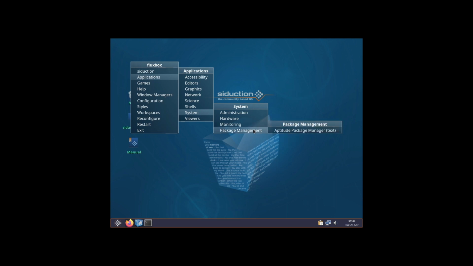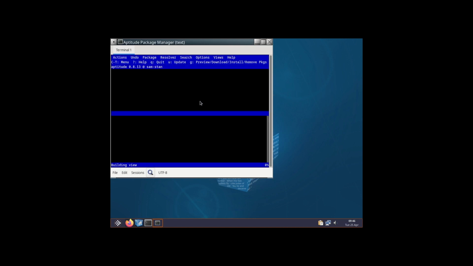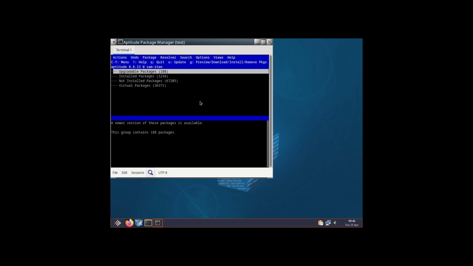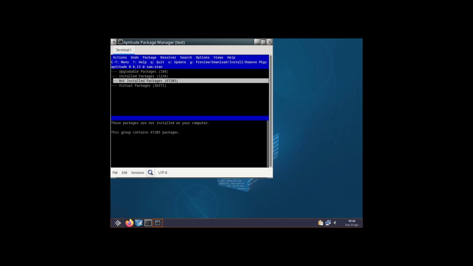Aptitude package manager. So let us see. So this is just like Synaptic Package Manager, but Synaptic Package Manager is a graphical tool and this is a terminal tool. So you can use this tool to upgrade, install, uninstall packages. So here you can see the installed packages number is 1234. Upgradable packages are 188. Not installed packages are